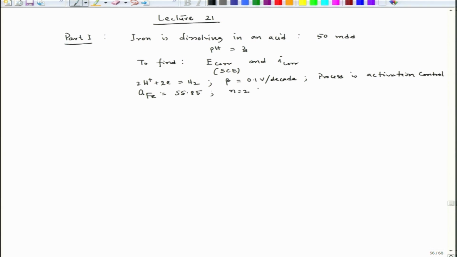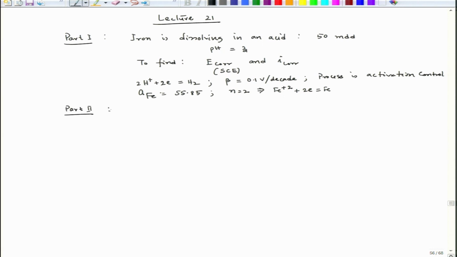That means 2 electrons are participating for the anodic process. So, this is part 1, and part 2